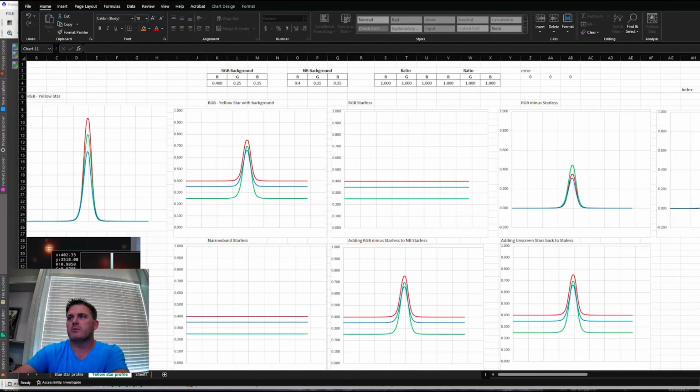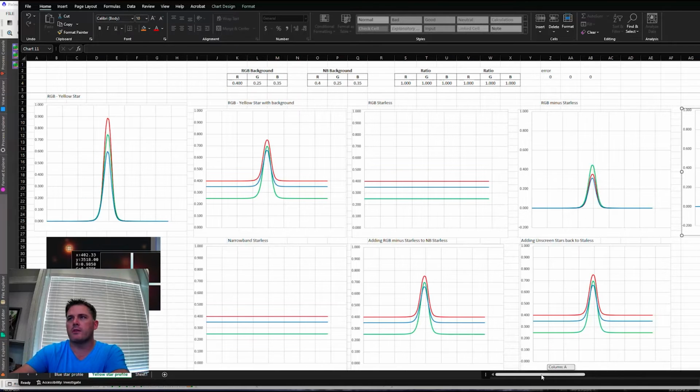Okay, so let me just drag this out of the way. So this is our narrowband image, and these are the same values. I wanted to show you that if you add this star back to the original value, which is equal to this, you get this. And same thing with the unscreening. If we then multiply the unscreened stars by the inverse of this image, it brings it all back. But what if we